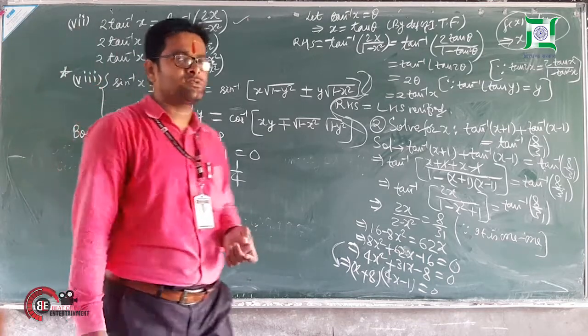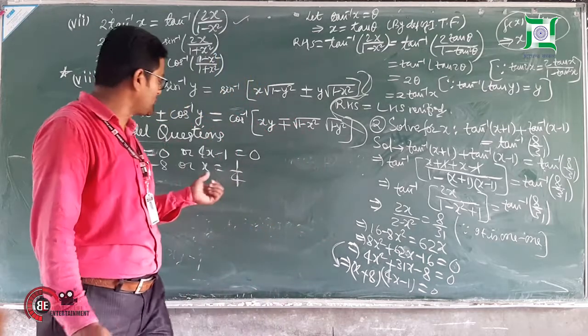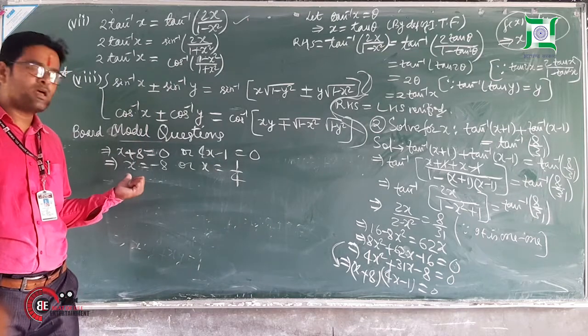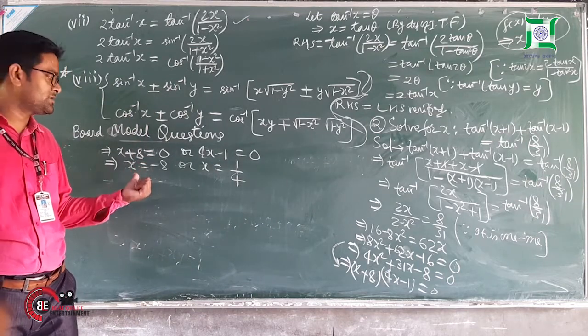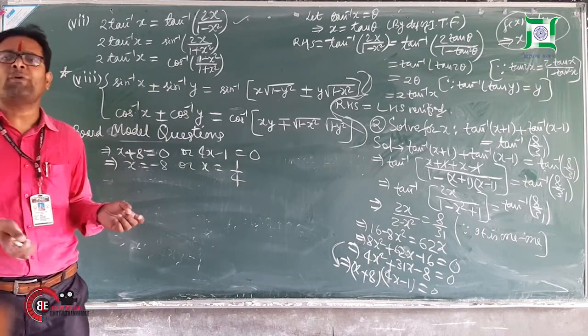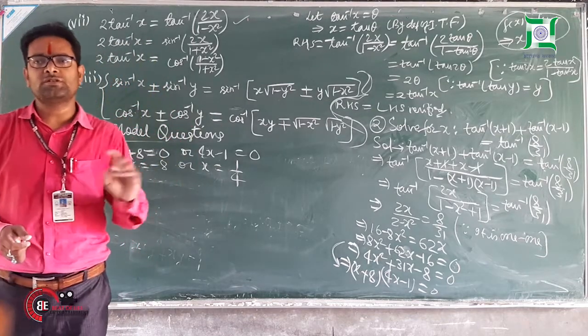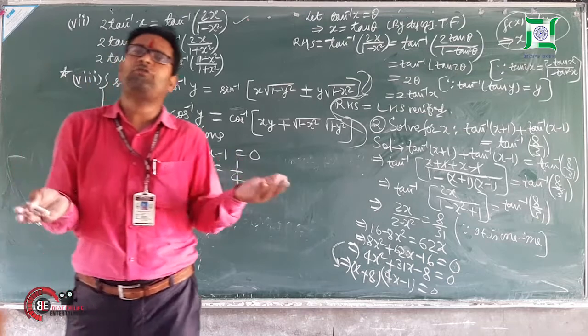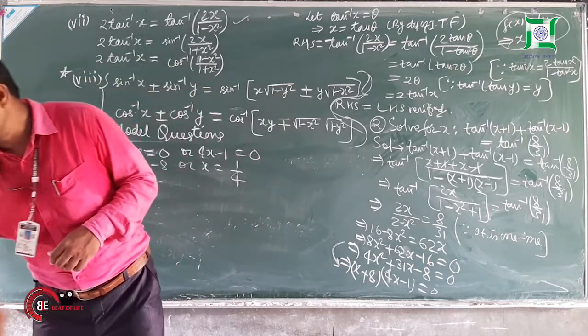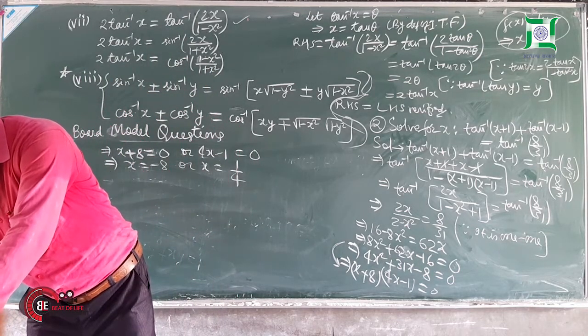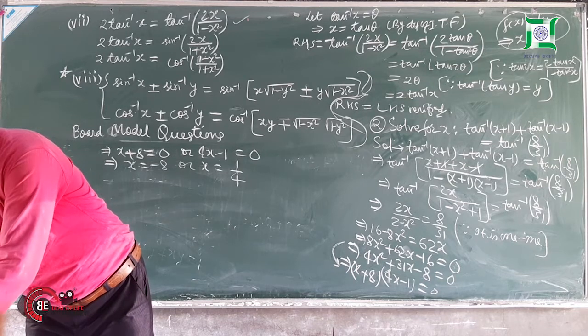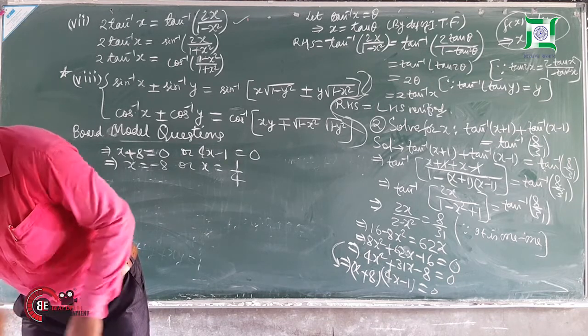It was asked here. So I have done what? I have done factorization and I have done this. You can easily solve with the help of that formula also, the quadratic formula. You get the same result. Results will never change, whatever formula you use. So your answer is x is equal to minus 8 and x is equal to 1 by 4.